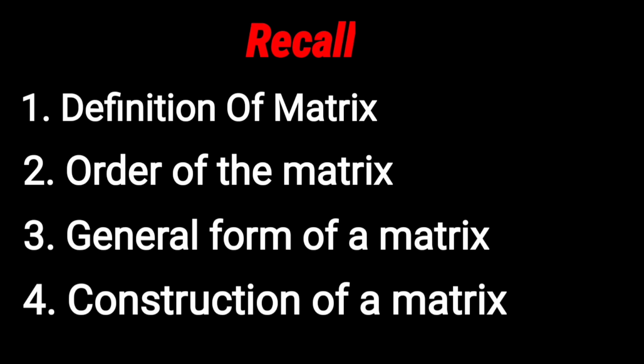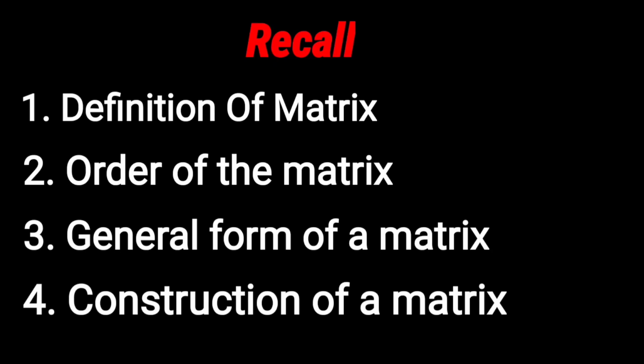Let us recall what we have learned in the previous class. In the previous class, we started learning matrices. Definition of a matrix. What's a matrix? It's just an array of numbers. How is it arranged? It's arranged in a rectangular form. So a matrix is a rectangular array of numbers in rows and columns. The horizontal entries are known as rows. The vertical entries are known as columns.